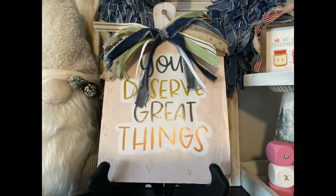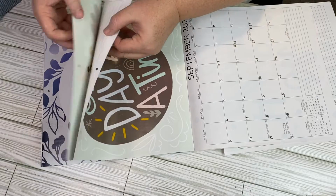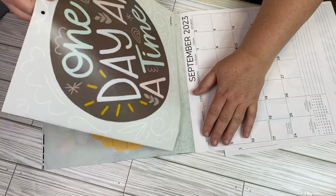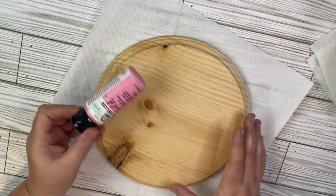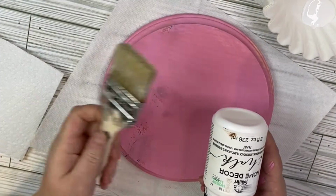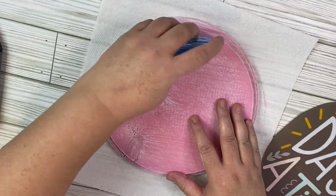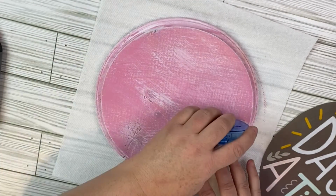So for this project, we're going to use the 1 day at a time calendar page. This is also the cover of the calendar as well. We're going to use this wood round I had on hand, and I covered it with some pink chalk paint. I'm going to use my chippy brush and dry brush over the top of it. You don't really need a lot of coverage on the top of the round just because it's getting covered up